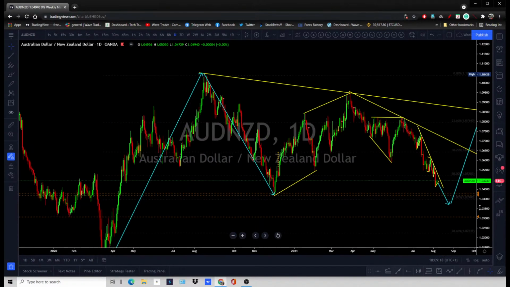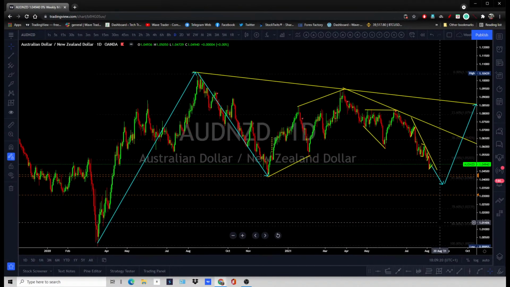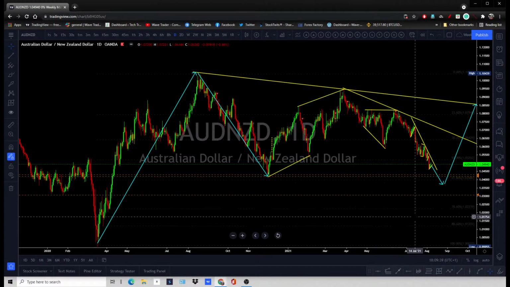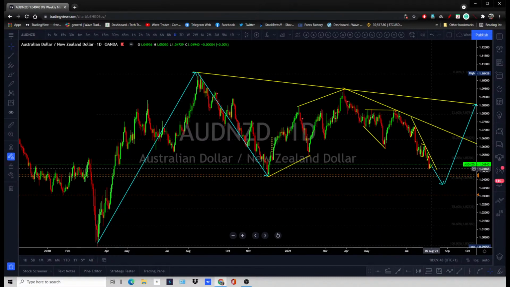I think you shouldn't chase that. You should prepare for the upside. Right now price action is not there for buying this pair. As we can see, the Australian dollar is still weak and Kiwi is strong, and Kiwi can stay strong until the 18th of August against this pair. Or if the Australian central bank is going to be hawkish, then we may see an aggressive move over there for the upside.